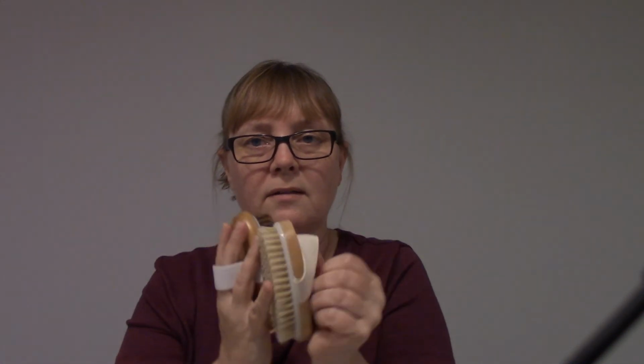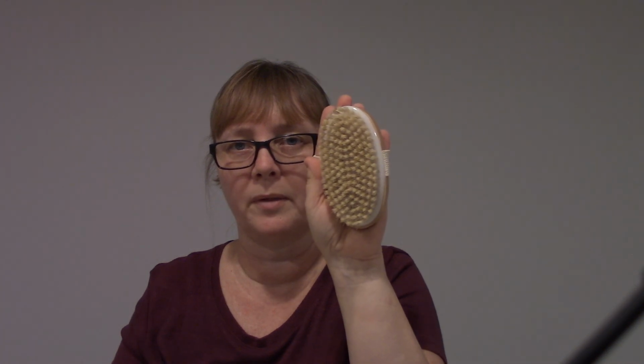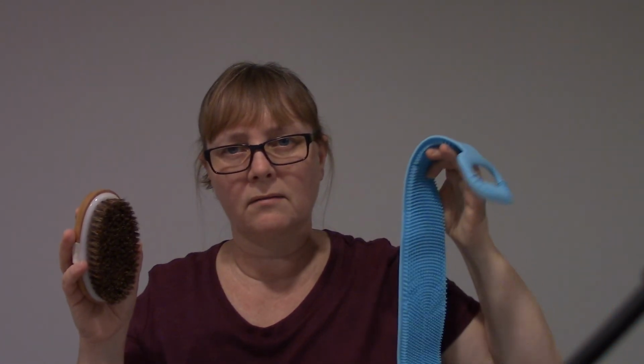So anyway, the brushes, you cannot forget the brushes. There are horsehair brushes, and this is a boar's hair brush. This one's a little bit stiffer and harsher on the skin. This one, the horsehair brush, I feel is softer. I do this every single morning. The other thing I got with my kit, which only costs maybe between $10 and $15 on Amazon,